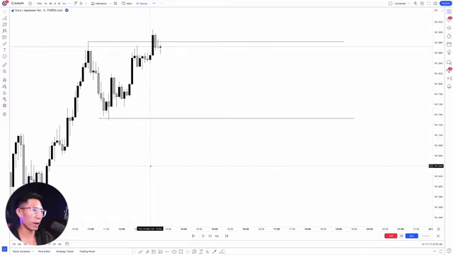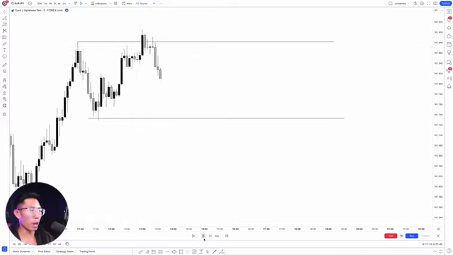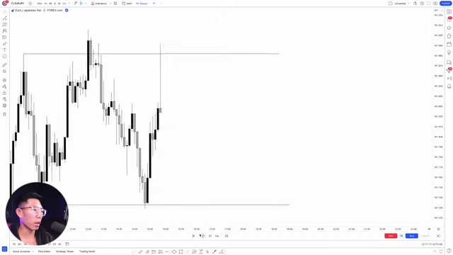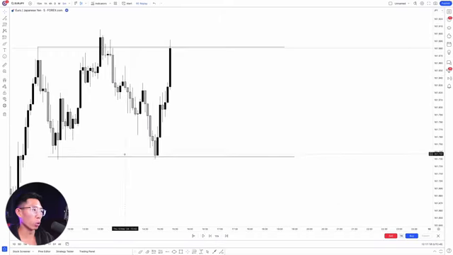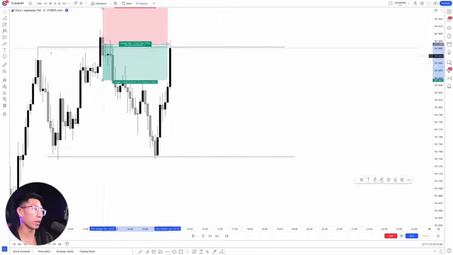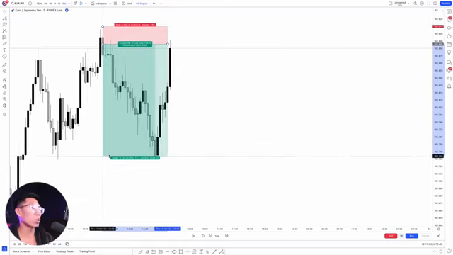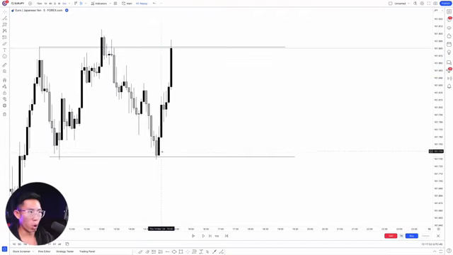So in this case, after price has swept liquidity from the upside, look at what happens next. Price goes down here and goes all the way down to this low that we have right here. So if you enter a sell position right here, right after this liquidity sweep, and place a stop loss above these highs, you will have made a very nice 1:6 risk to reward ratio trade. Very, very nice.